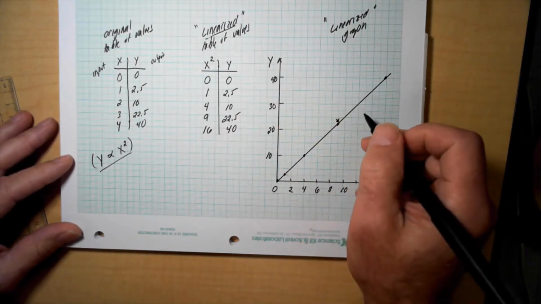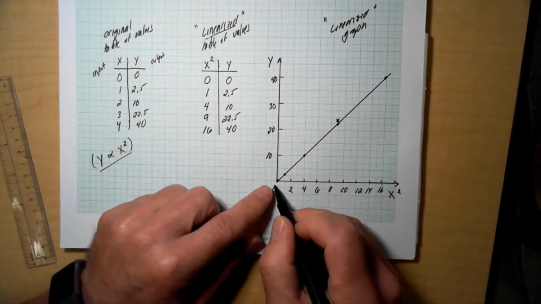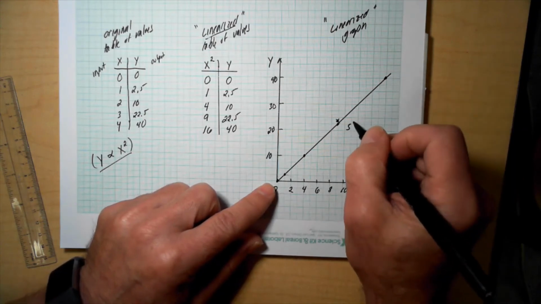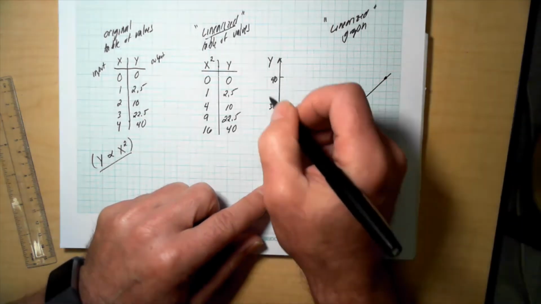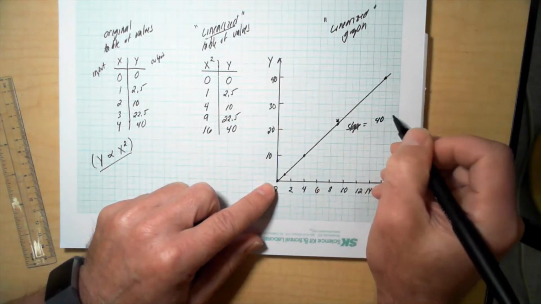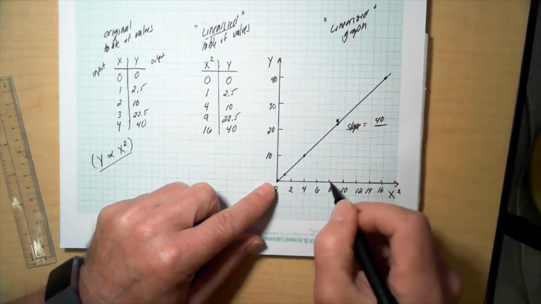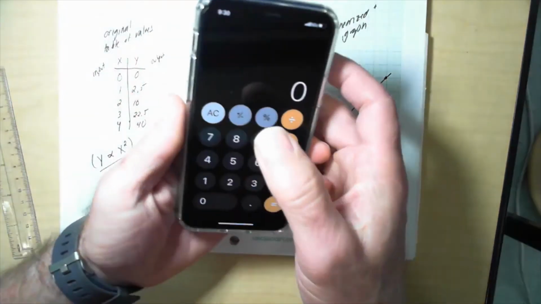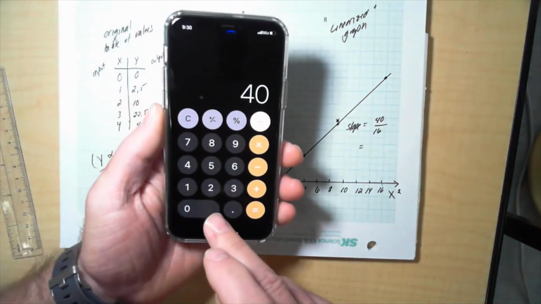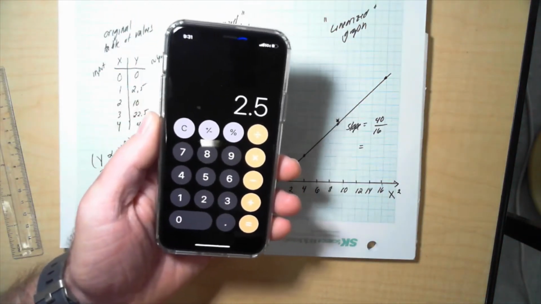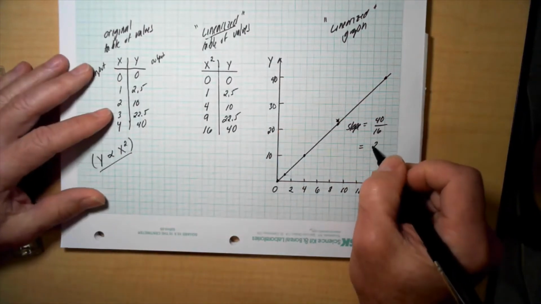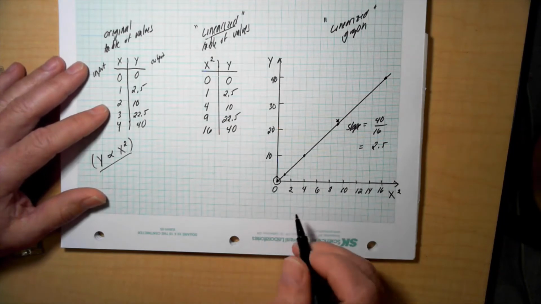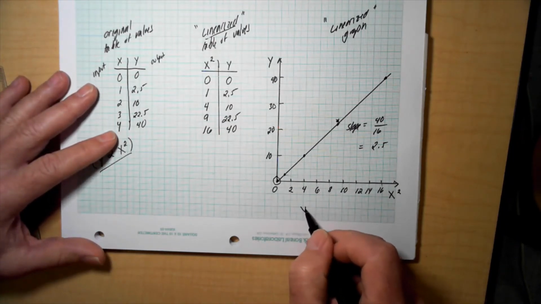So let's get the slope. Basically I've got a run of 16 and a rise of 40. So the slope is a rise of 40, no units, this is math land, divided by 16. I put that in my calculator, and 40 divided by 16 equals 2.5. The slope is 2.5. All right, the y-intercept is 0. So here's the equation for my line. Y equals